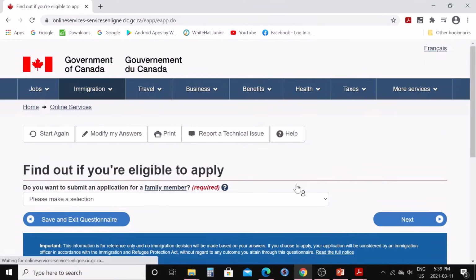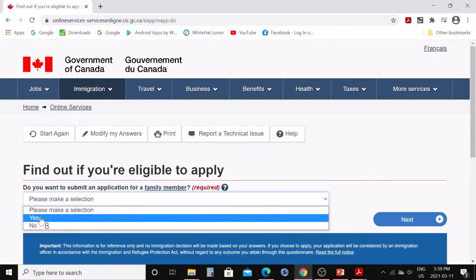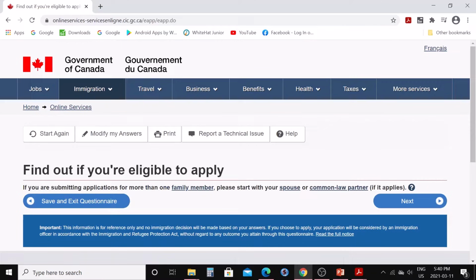Next, do you want to submit an application for a family member? So here, if only one person is coming, only the applicant like your father or mother, one of them, you can say no. Otherwise, if both of them are coming, you will say yes. So I will go with both options because you can have more questions accordingly. So I will say yes, that family member is coming with me with the main applicant. If you are submitting applications for more than one family member, please start with the spouse or common law partner. So we will say okay. Next,